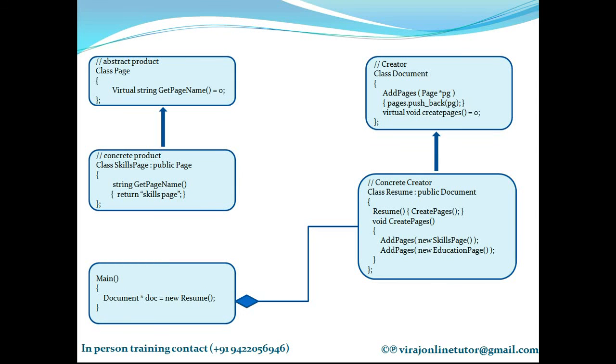So the invoker can pass those complexities to the factory method. Let the factory method take the headache of deciding which classes to create and when. I have to just call the factory method saying please give me an object. The factory method can decide whatever logic it has to create the respective objects. So whenever you can't anticipate which type of objects are to be created from the client, use a factory method.